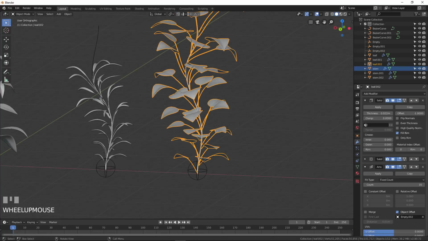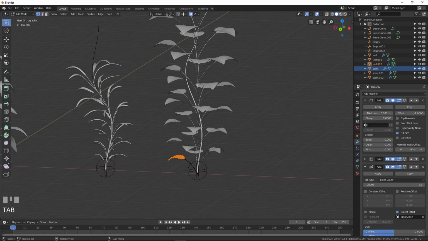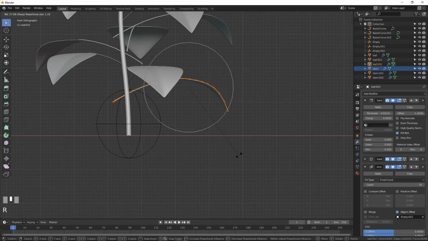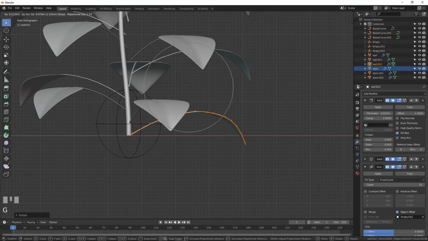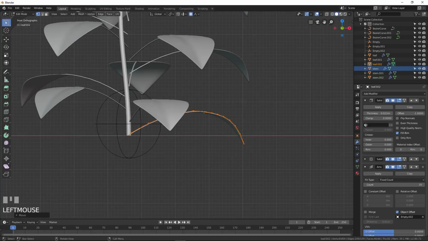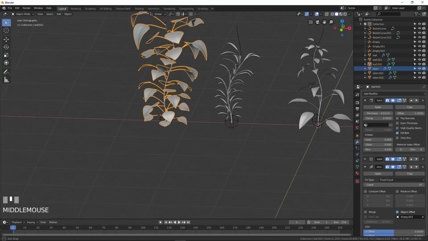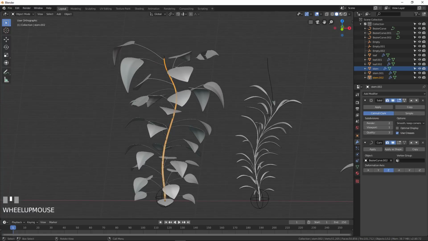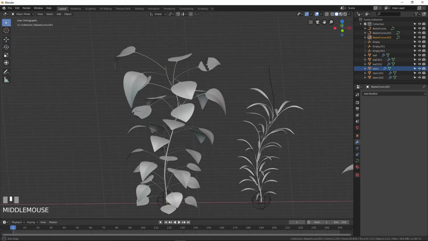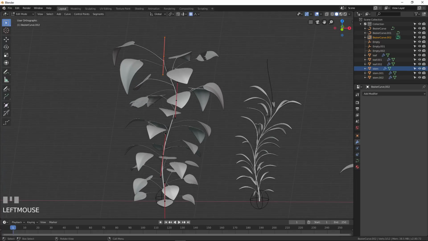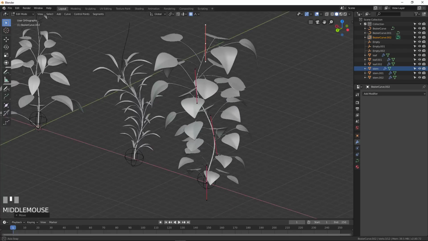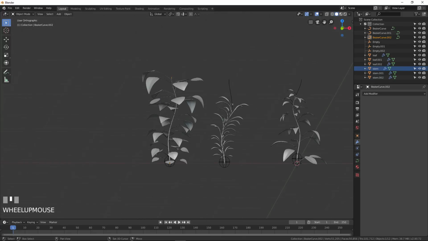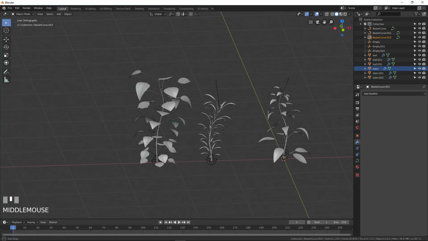And maybe to make it a little more flat, what we can do is to select the leaf again, select everything, and make it like this. Okay. Maybe a little less curve on the top to not have these strange shapes here. Good. And now we have three totally different plants